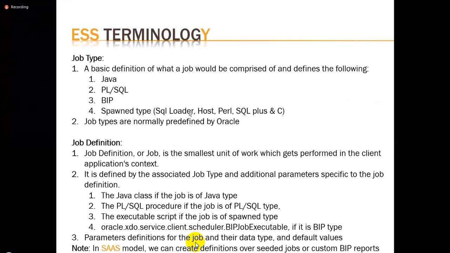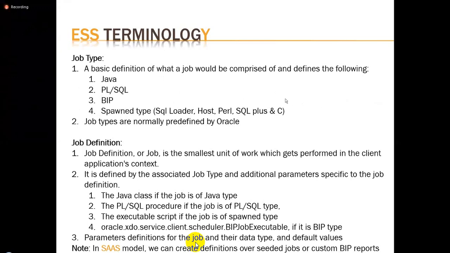If you have full access to the Fusion instance, then you can create any of these jobs. All these job types are normally predefined by Oracle. So whatever job you want to define should be any of these seven or eight.